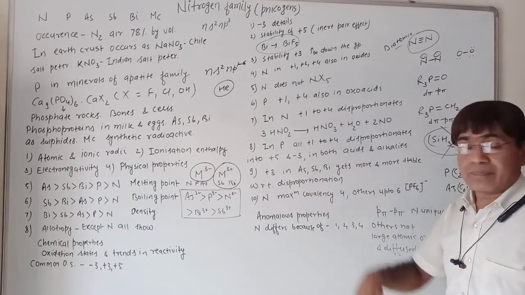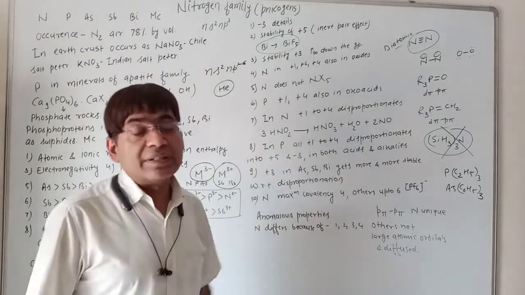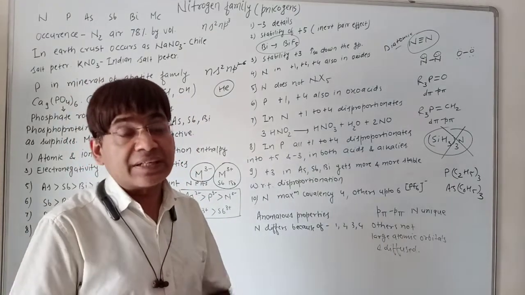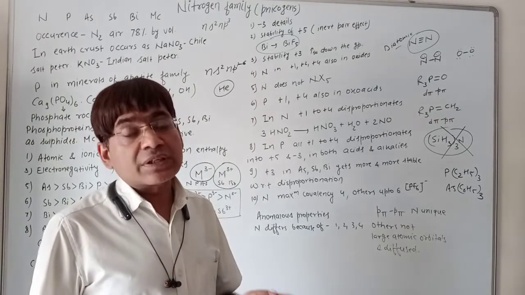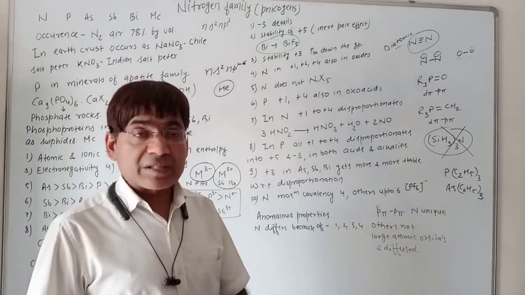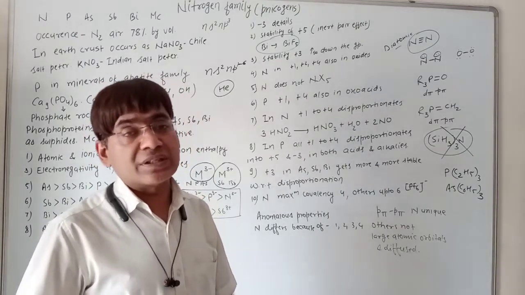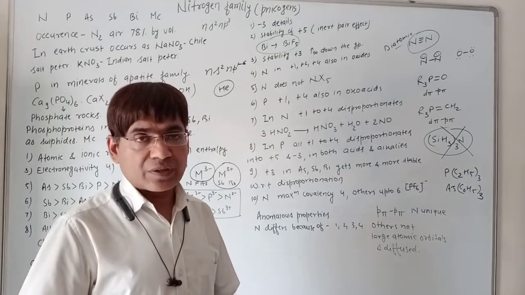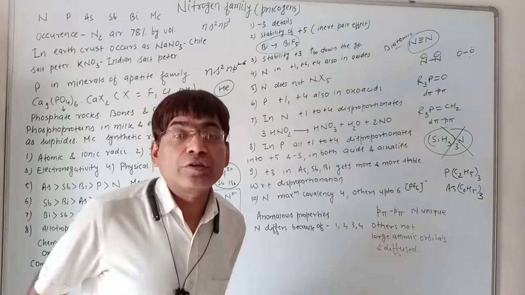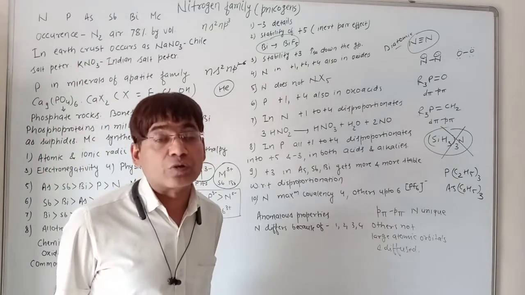Now next point: with respect to disproportionation, the +3 oxidation states of arsenic, antimony and bismuth are becoming more and more stable. So the tendency of the +3 oxidation state to undergo disproportionation decreases down the group. Bismuth is most stable in the +3 oxidation state, and hence it is difficult for bismuth +3 to enter into bismuth +5, so its tendency to undergo disproportionation is the least among these group members. The concluding statement is that the +3 oxidation state becomes increasingly more stable as we move down the group.